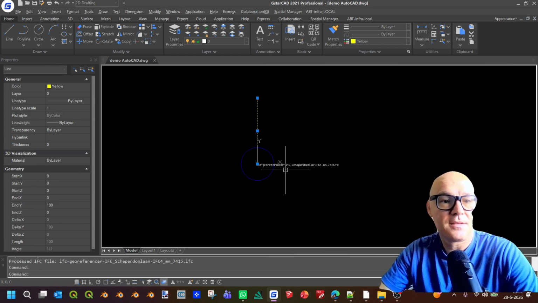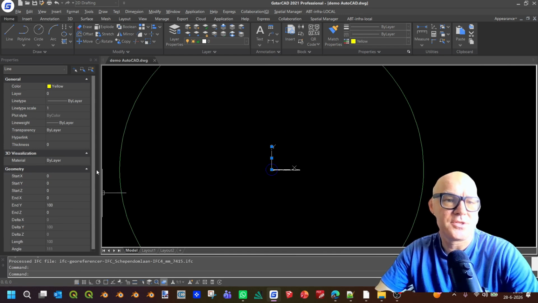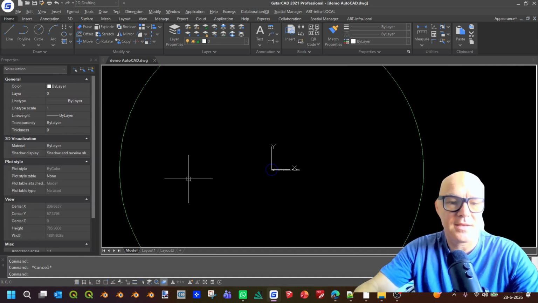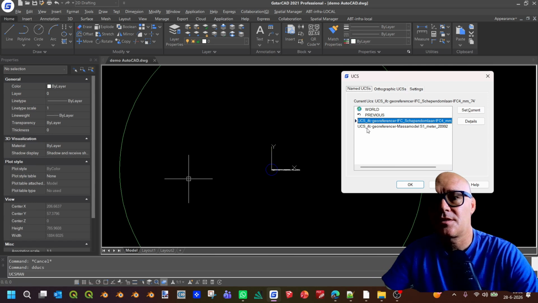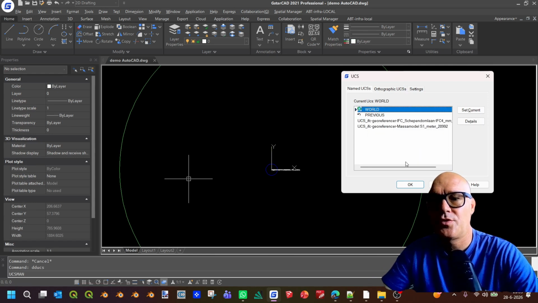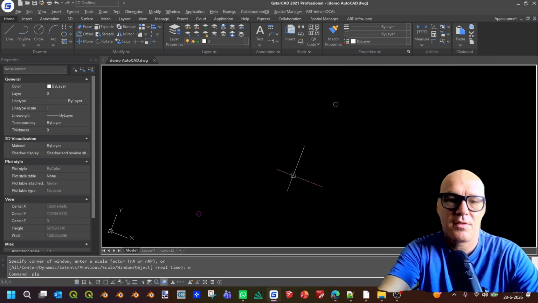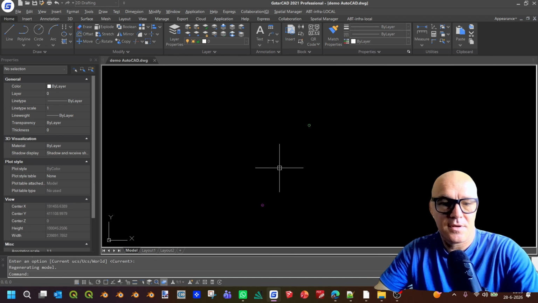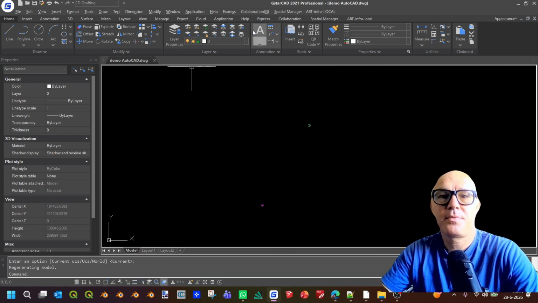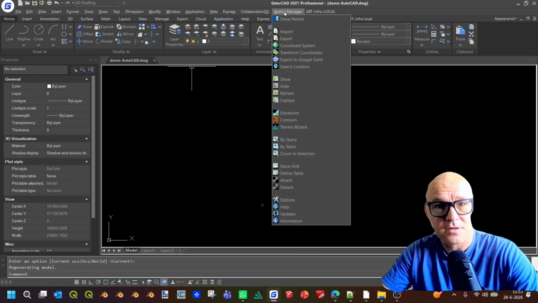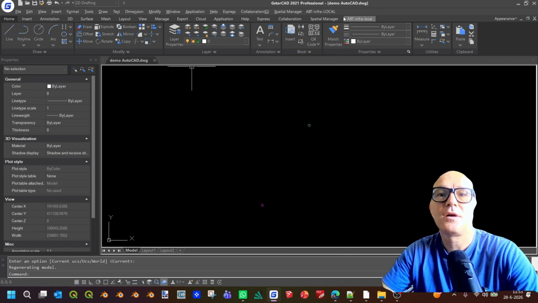Schependomlaan. As you can see, here you see 000. That's because I'm, again, in my UCS. If I do world, okay, zoom extend. Here you see them both. And if I display a map, there are tools available in both AutoCAD and GStarCAD for displaying the map,